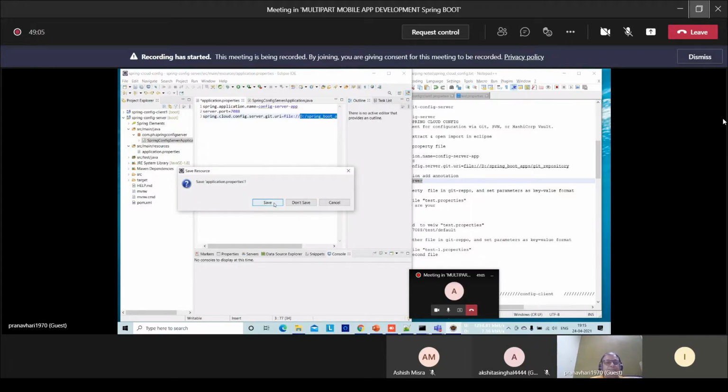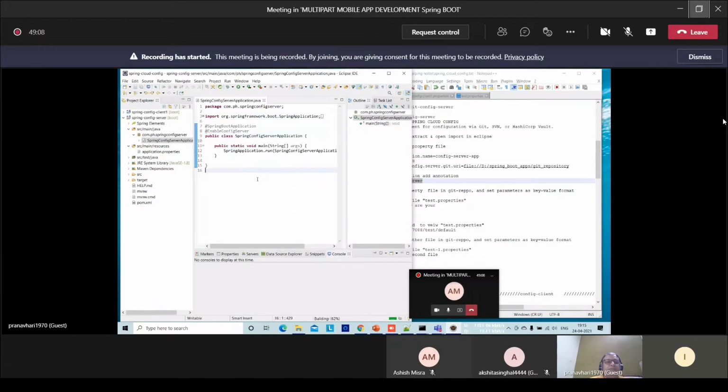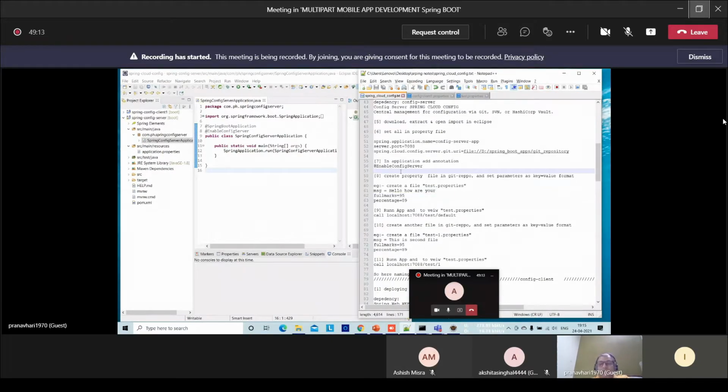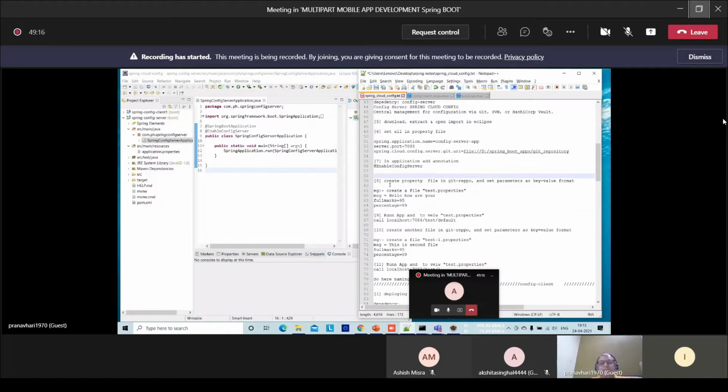property file, save it, close. After this, what do we have to do? This is the main thing, that is, step 8 is what we actually wanted: to create a repository file at cloud. That is, the repository is nothing but a property file. And for a property file, always the extension should be properties. Remember, the extension always has to be properties. So I created a property file named test.properties.